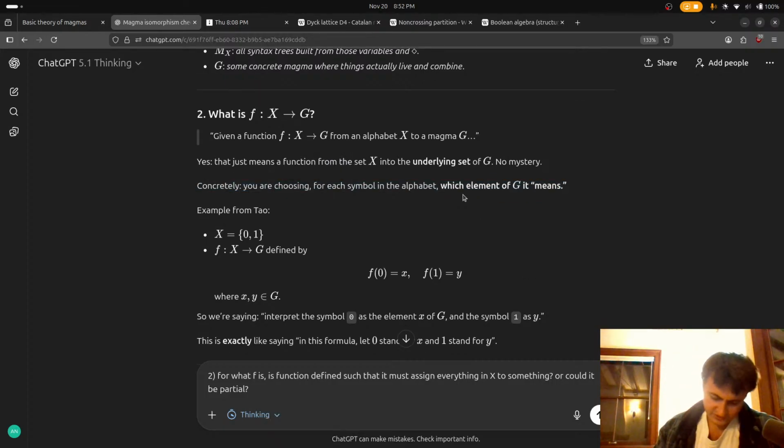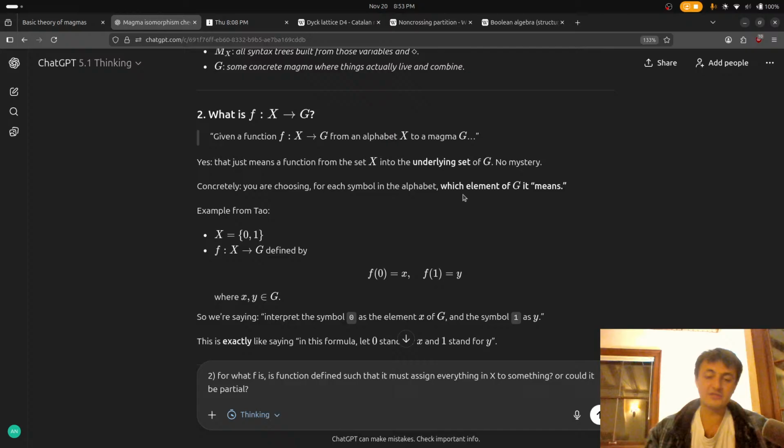But what if... So that's my first question: can it be nasty? The second question is, what if the cardinality of X is greater than the cardinality of G? And what if X is less than G?